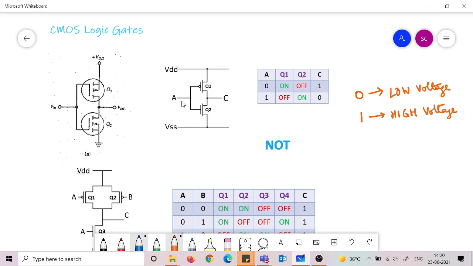Another way to very simply recognize the idea of this bubble is that this transistor, or this switch, is on when the gate voltage is low. So this bubble is as if a 0, and 0 you can consider to be low voltage. So when the gate voltage is low, or 0 voltage, then it is switched on. This is the idea of drawing the bubble here. And in this case, when the gate voltage is high, then Q2 is closed.